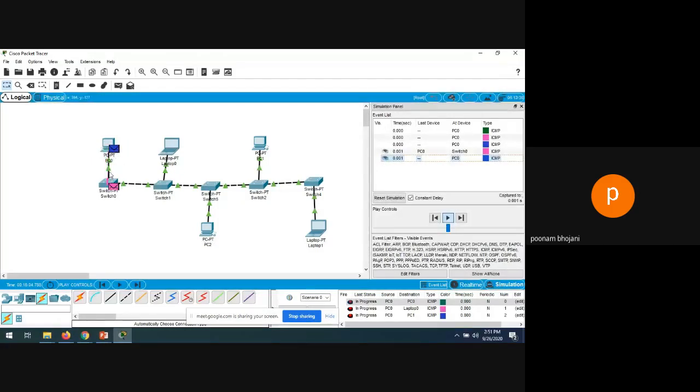play. So okay, first of all, PC0 will send the data to this switch. Now the switch is able to identify the address, so it will send it to the other switch. Again, the data will be sent to the third switch. It wants to send it to PC1. Until PC1 gets the packet, you will not get the acknowledgement. It will not be received by anyone else, so everyone will reject it. Now PC1 will send the acknowledgement and it will be received.